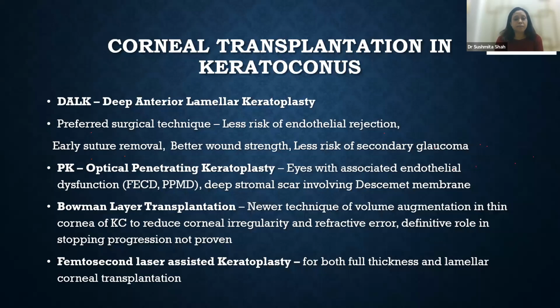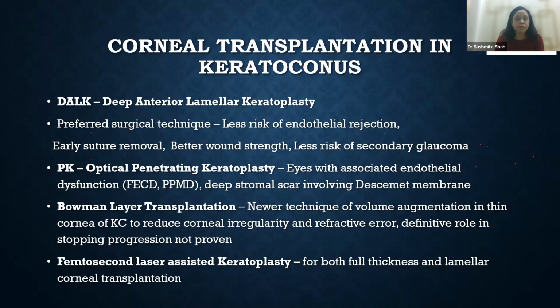So one thing that is important to remember is when Bowman layer transplantation was first proposed by Dr. Melles, he just transplanted the Bowman layer. As we all know, a disruption or break in the Bowman membrane is a hallmark of the pathogenesis of keratoconus. So the initial idea was to just remove the Bowman layer from a donor tissue. The Bowman layer is about 10 to 12 microns, so it's an extremely painstaking procedure to strip the Bowman layer off the donor tissue, create a pocket at about 50% thickness of the recipient, and just